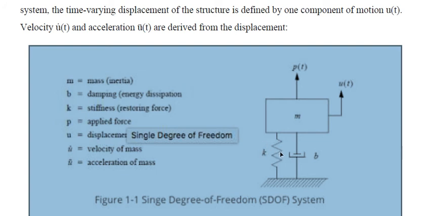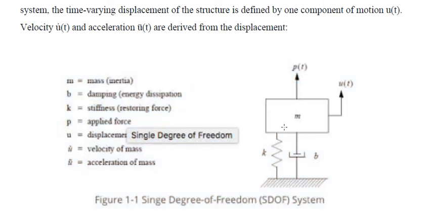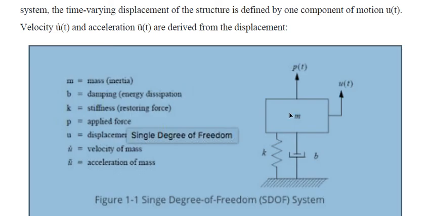Suppose this is the mean position of the system. Sorry, if I take one line here, assume this is the original mean position. Due to applied force, this mass moves. Due to restoring and damping force, this mass comes down. This mass will have continuous oscillation motion. Consider this line, which I am showing with an arrow mark here, as a line of reference, the line of equilibrium of the system.